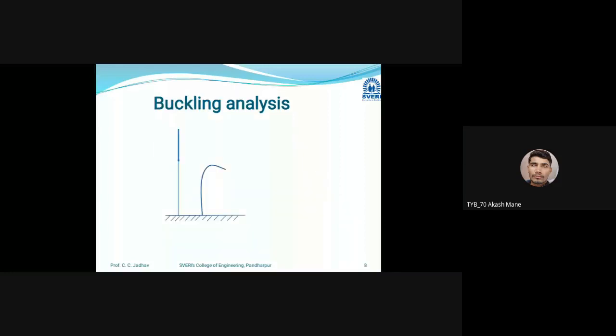Next is buckling analysis. Imagine on the left side one straight bar, and on the upper side we apply one linear force. After this you can see the bar bending after some point, after the yield stage. So for slender beams and sheet metal parts, we use this type of analysis. If you want to bend a sheet metal part and form a new product, you can use this buckling analysis. You have to use it for slender beams and sheet metal parts, where bending stiffness is far less than axial stiffness.